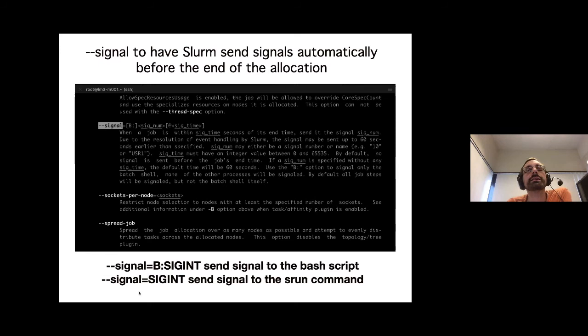So you have two options here. You remember this morning, Damien was saying that your submission script should be a bash script, and inside it's better to put srun. That's where you have this difference. If you have srun inside your script, the signal will be sent to that particular job step. If you do --signal= and then put the name or the number of the signal that you want to send. What you can also do is send it directly to the bash script itself, and in that case, you need to prefix it with B and a colon. So you have the two options for how to catch it.